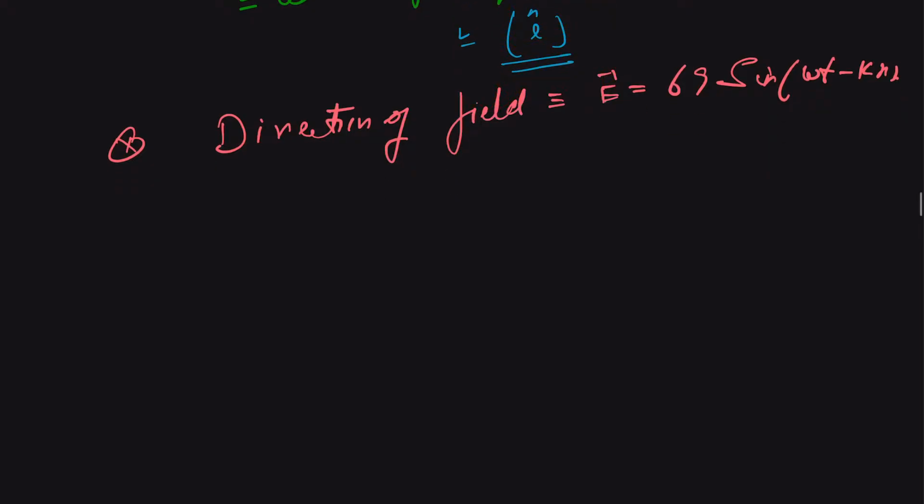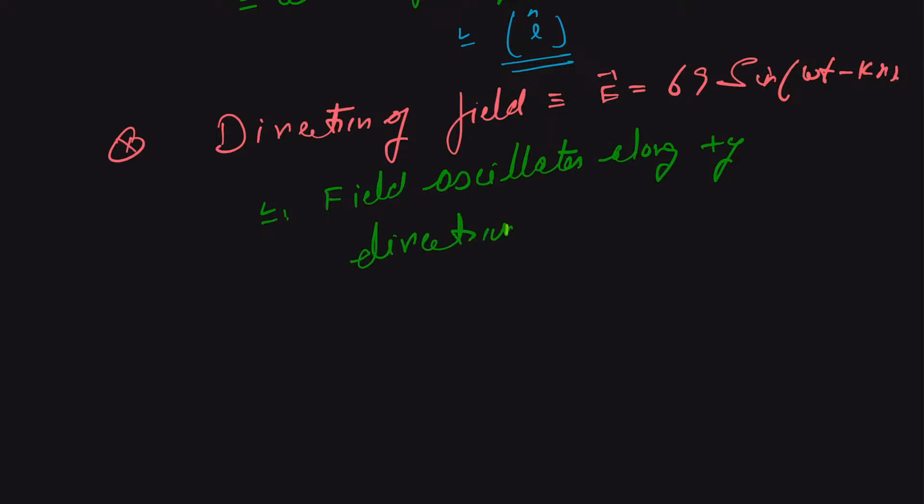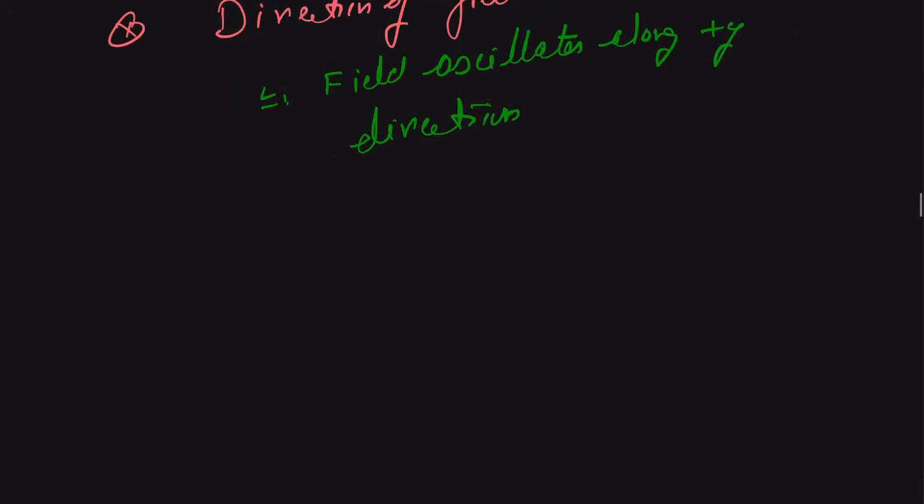So obviously it will be perpendicular, therefore we can say that our field oscillates along the plus y direction. Therefore from here we can write that the electric field will be parallel to our j unit vector,